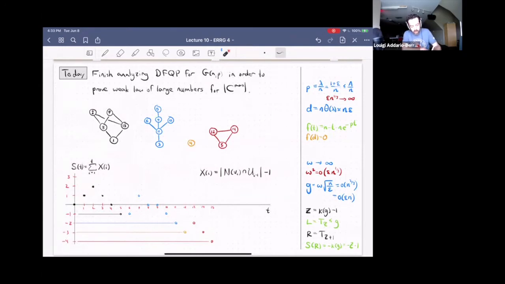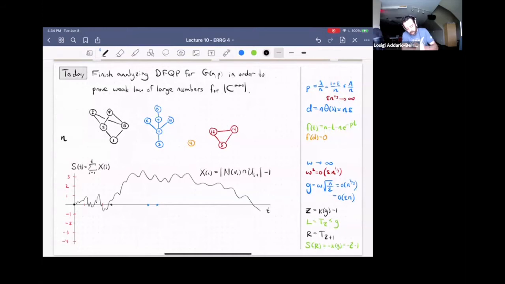And then our goal was going to be to show, so if we now, rather than looking at a small example, imagine looking at a large graph, so n very large, and we zoom out in this picture, then our hope is to see, or what we're in the process of showing, is that this process S on a large scale will closely track some deterministic curve, which we called F. So that's our goal, was to show that S closely tracks F,